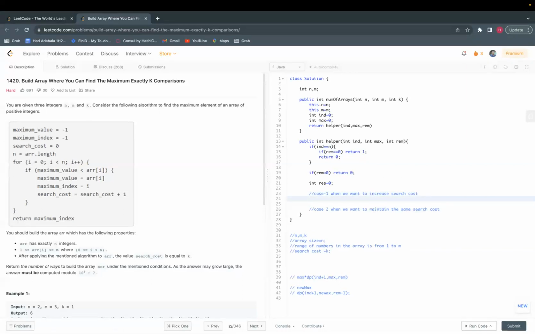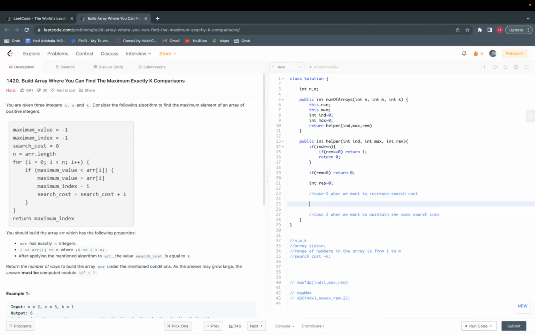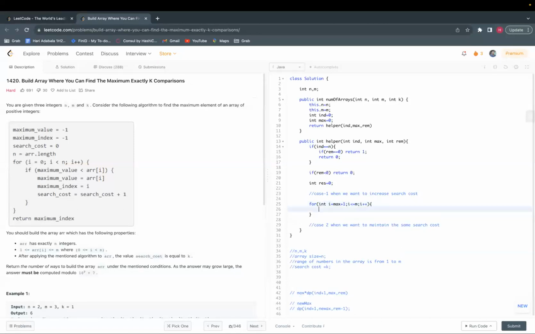So when we want to increase the search cost, then we need to update the maximum value so far. We need to iterate from int i equal to max plus 1, up to m, which is the maximum possible value that we can put in this array, and then i plus plus. So the new max will be i, and res plus equal to